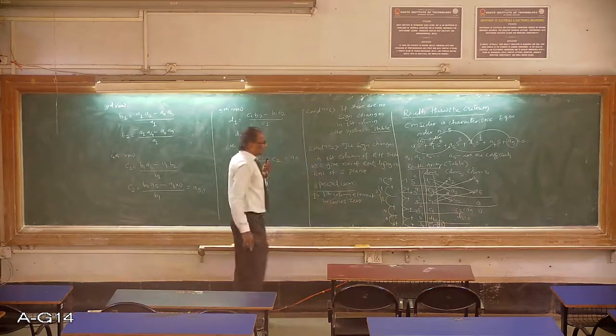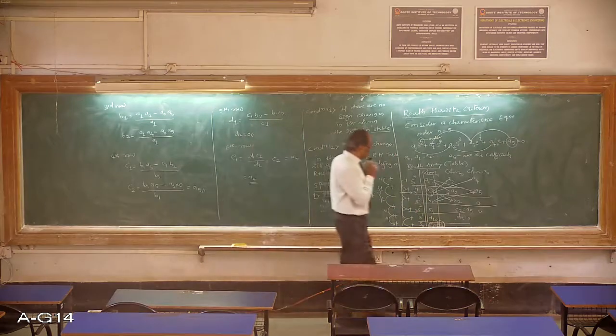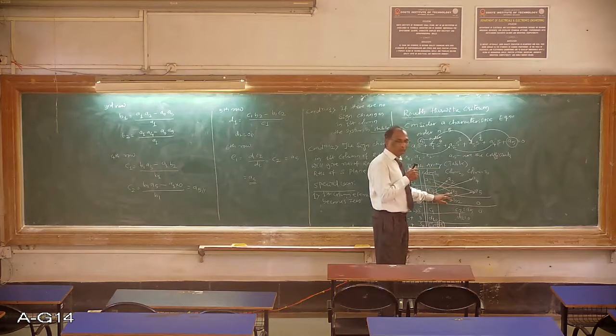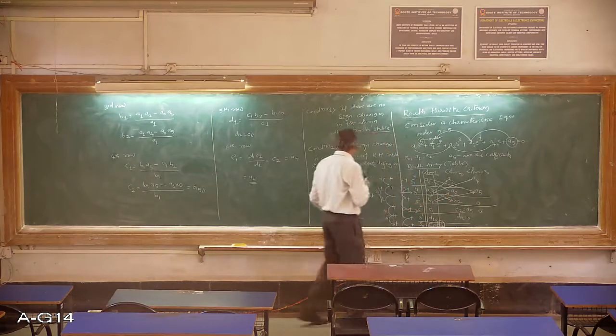Say, for example, B1 may be 0. If A1 into A2 minus A0 into A3 are the same, this is 1 2, this is also 1 2. 1 into 2 minus 1 into 2, this becomes 0. So this is the first